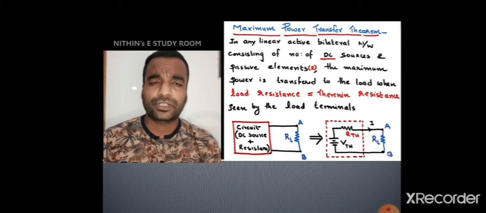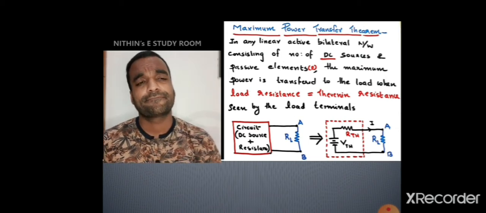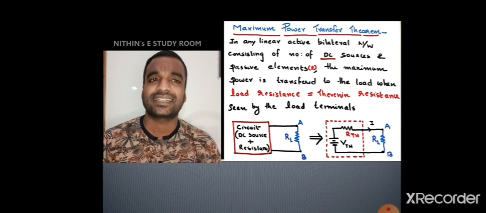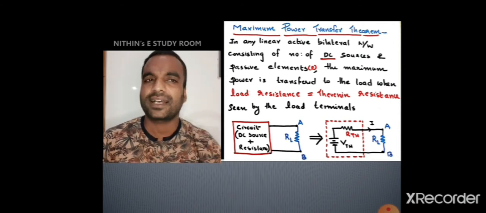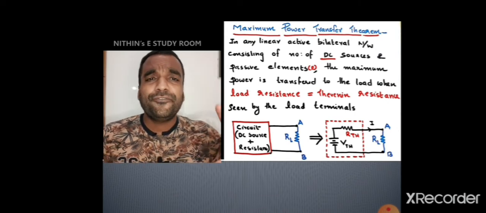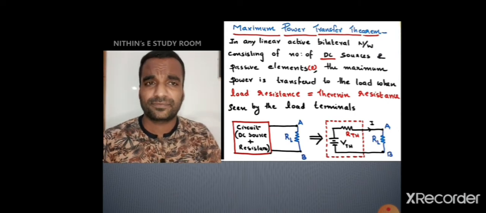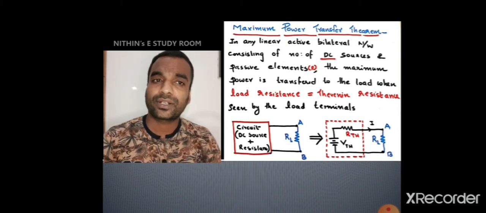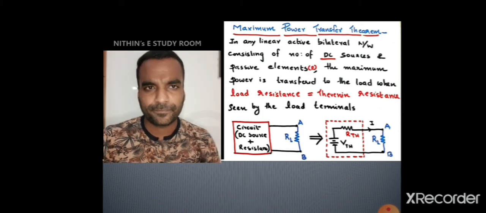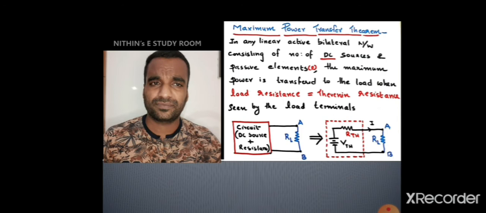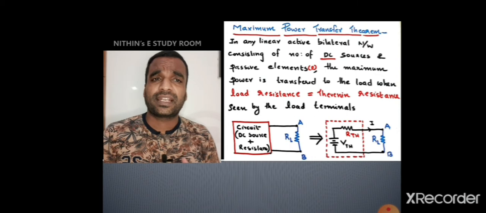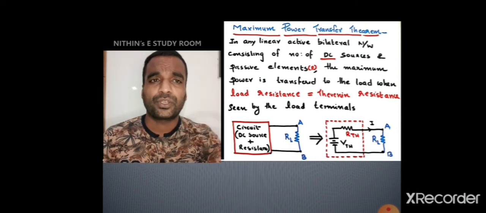And in many textbooks or in many literatures, you can see, instead of V Thevenin and R Thevenin, a single source V source and its internal resistance Rs or Ri. Because if it is not a complicated network, or it is the case of a single source and single load, how can you draw it? I think my question is clear. If it is not such a big network, you don't need to go for R Thevenin. If it is a single voltage source connected with a single load resistor, you can draw it like this.